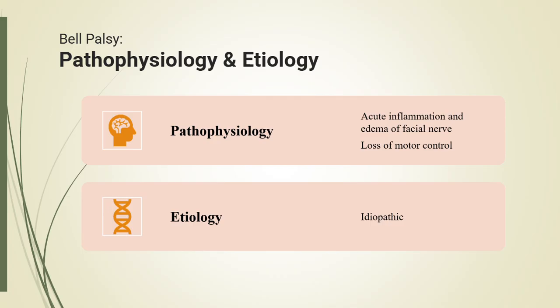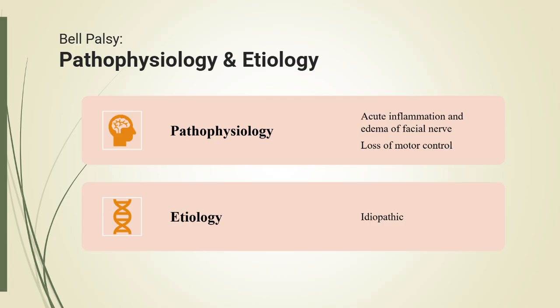Other possible triggers include varicella zoster virus, Epstein-Barr virus, influenza, and even recent upper respiratory infections. However, because no single cause is consistently found, the official etiology remains classified as idiopathic. It's important to emphasize that Bell palsy is not a stroke, even though it can appear similar to patients and families. Unlike stroke, Bell palsy usually affects both the upper and lower parts of one side of the face and does not involve arm or leg weakness, speech difficulty, or cognitive changes.